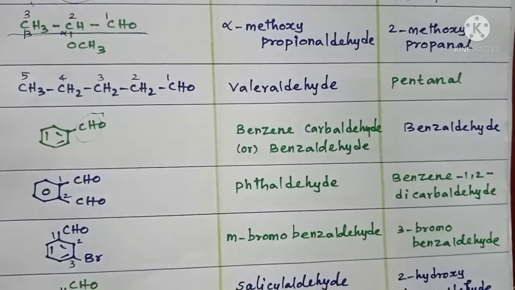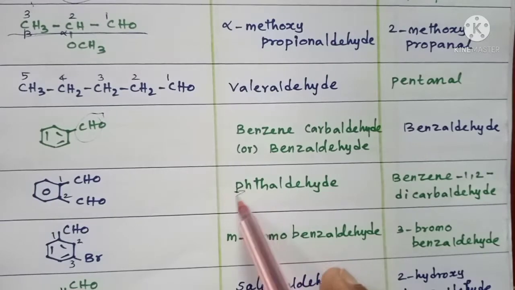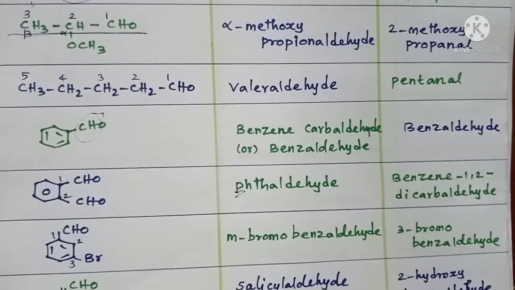Benzene with 2 CHO groups on adjacent carbon atoms, isn't it? Right. Now, in common system, it is called phthaldehyde. What is this called? Phthaldehyde. This ph is silent. Okay, right. Phthalic acid is there. There is an acid called phthalic acid, a dicarboxylic acid. Instead of CHO groups, suppose if we have COOH groups, that compound can be called phthalic acid. This is an aldehyde derivative, so phthaldehyde.